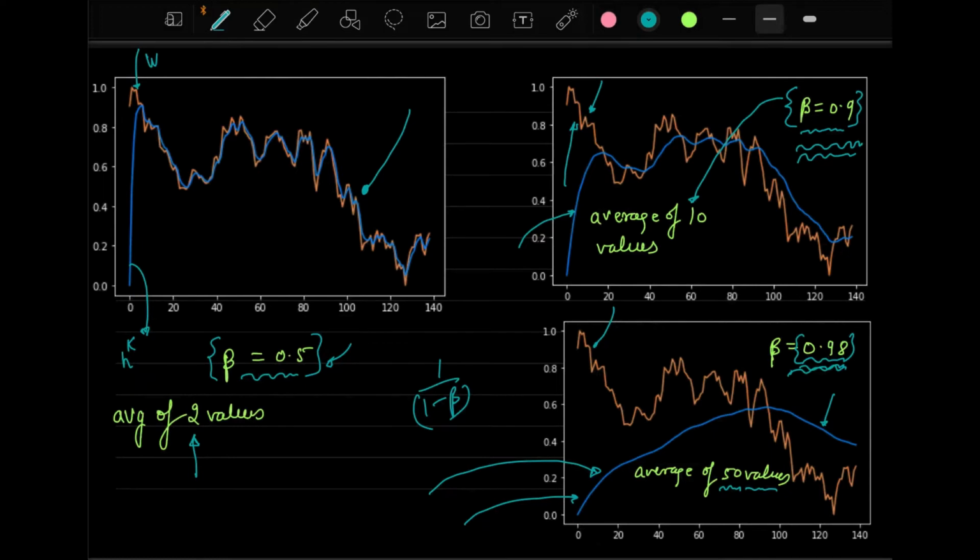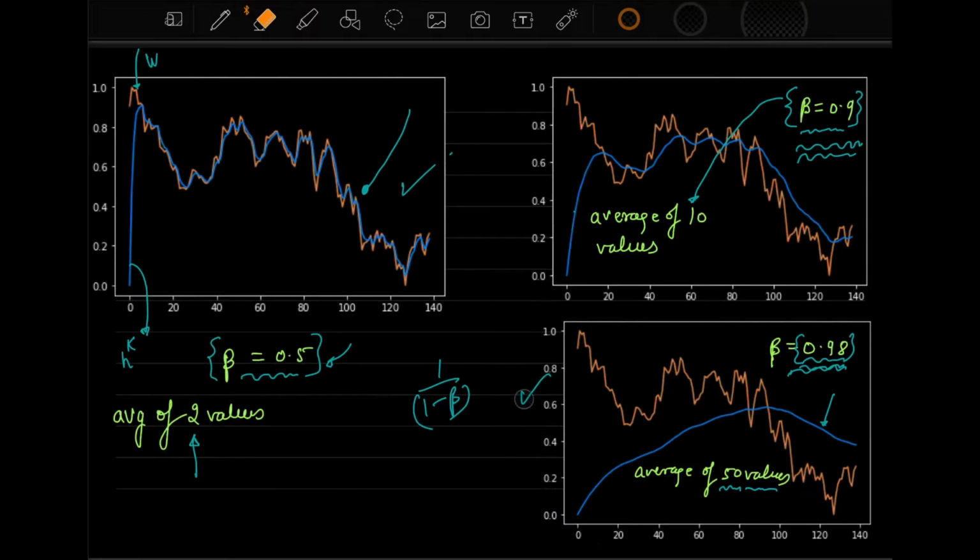So by observing these plots, you can say that this curve is better than this curve or this curve. But all these three curves have one problem which is common. Can you please tell me what that will be? They have one common problem, all these three. Though we are saying that this curve is better than the other two, still all three are having one main common problem. Can anybody see that? What will be the main common problem here among all three? Anyone?